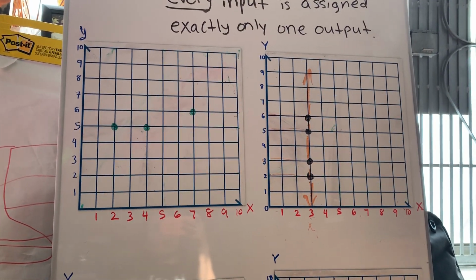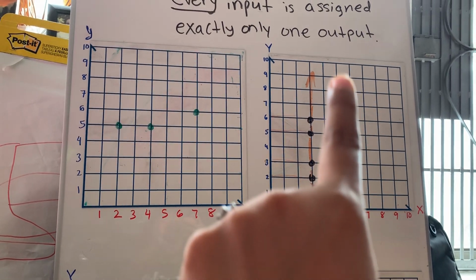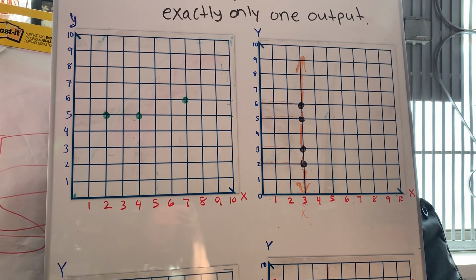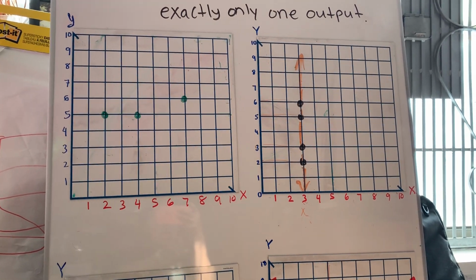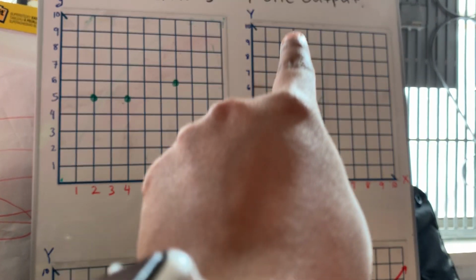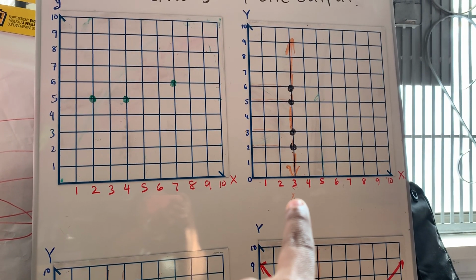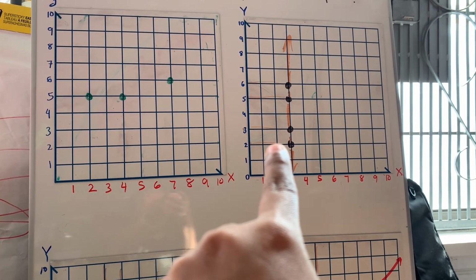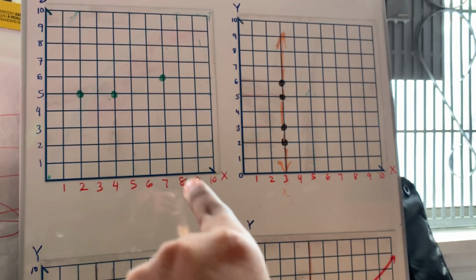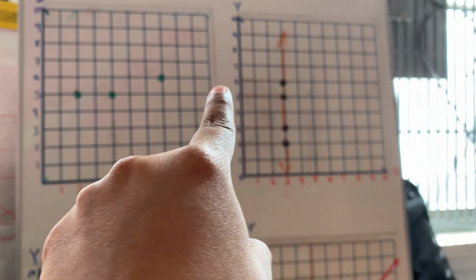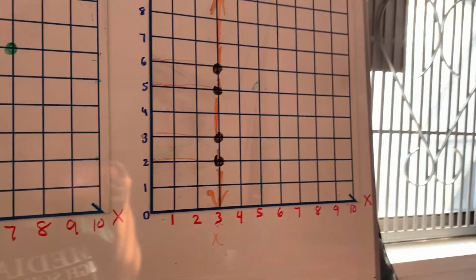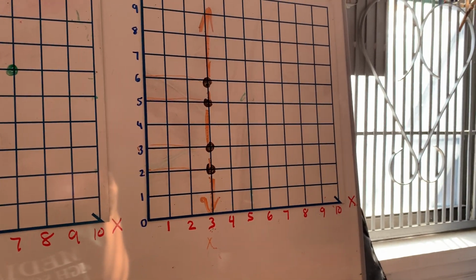Now, let's take a look at the second relation. Now, I want you to, just for now, ignore that line, but just look at the 4 black dots. What is this telling me is that for input 3, if you look at x equals 3, there are 4 dots on that line, which means that for input 3, there are 4 outputs. 3 is assigned to 2, 3 is assigned to 3, 3 is assigned to 5, and 3 is assigned to 6, which means that this relation here is not a function because input 3, or every input, is not assigned